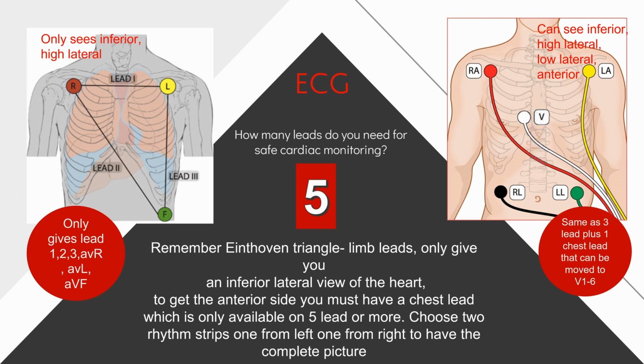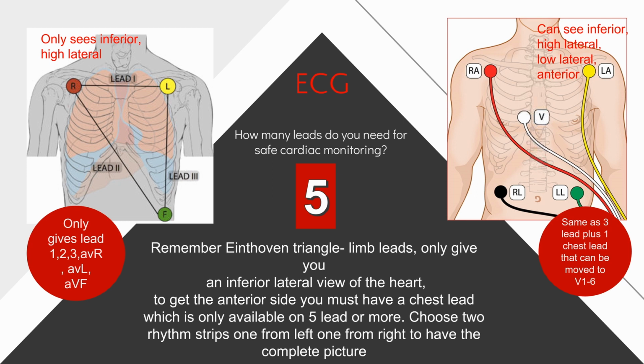So say your patient had an anterior infarct or is coming back from a CABG and they worked on the LAD. You definitely need 5 leads. You'll place that V lead from V1 to 6 wherever the problem might be. Remember, V1 to 4 is anterior, 5 and 6 are low lateral. So you'll place it wherever the issues are. Check the acute ECG. But if you don't have it, place it somewhere on the anterior side,